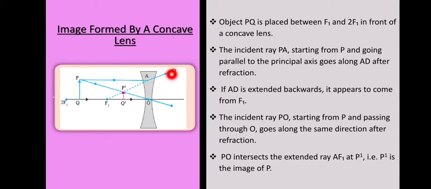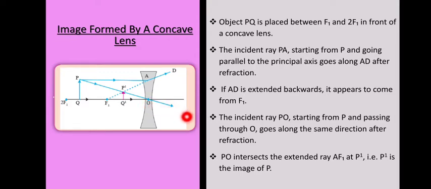Now if you extend this ray backwards, the dotted line is the imaginary line. So I am extending this ray backward, so it appears that it is coming from F1 and not from P. Actually the ray is coming from P, right? Then it gets refracted. Now you are standing here, so you will observe the image from the lens. So you will see that the ray is coming from F1. Followed, students?